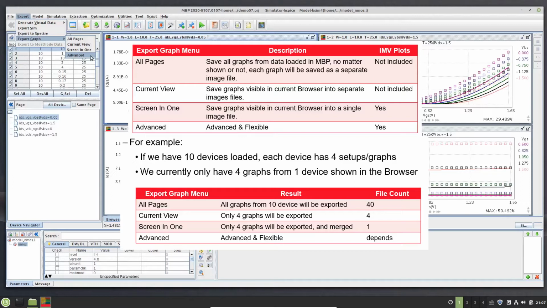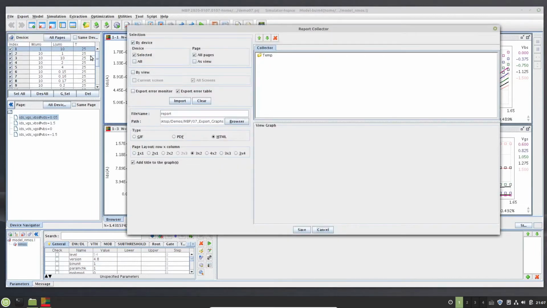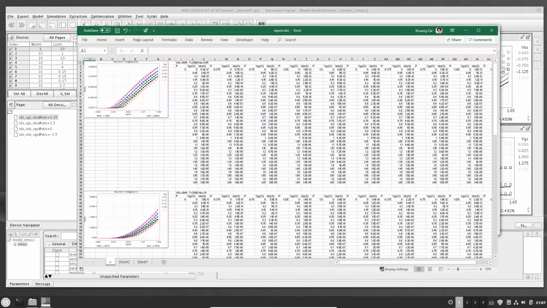And the fourth, advanced option is what we are going to cover today. It can achieve all other three options and more. The advanced option opens the report collector window, where we have multiple ways to collect graphs, and also various output types and options. On Windows, we will see more formats supported. And if we choose to export to Excel, it will by default save both the graphs and the numeric data